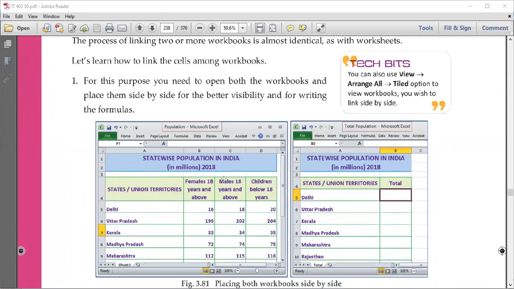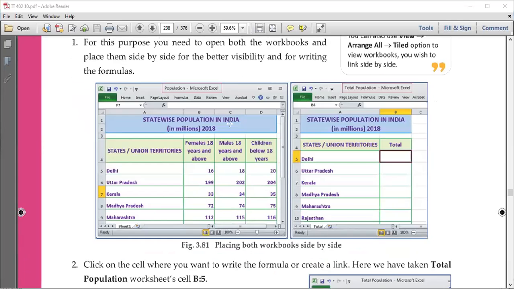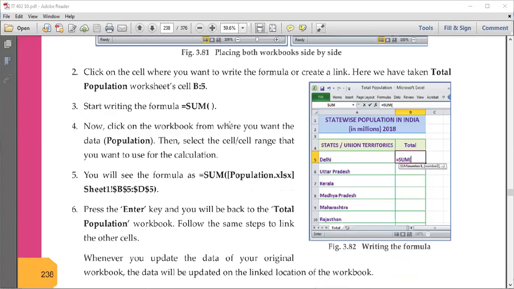Now if I want to use this table's values, with the state-wise population here, and I want the total in the second file, that is total population, we can put a formula where the references can be given to these particular cells from a different file, right?